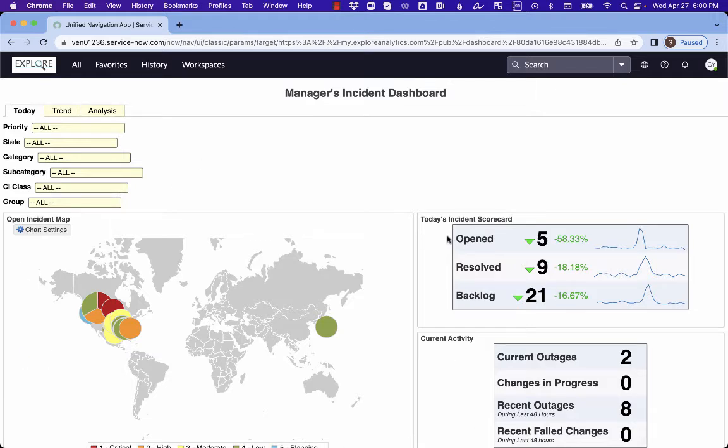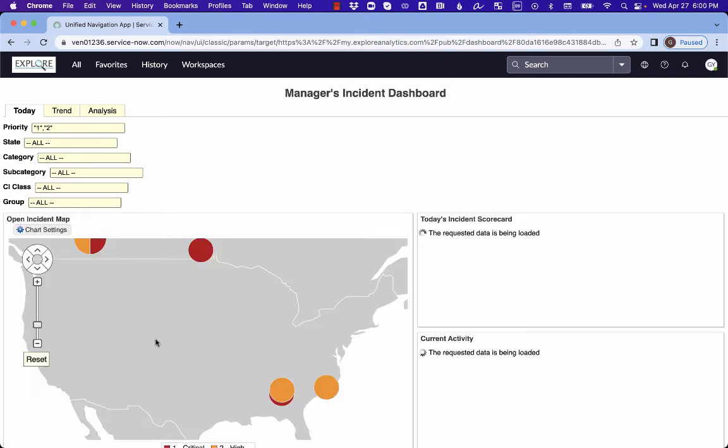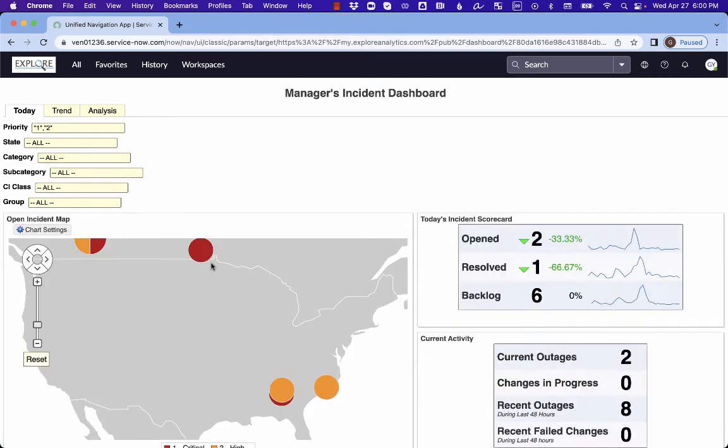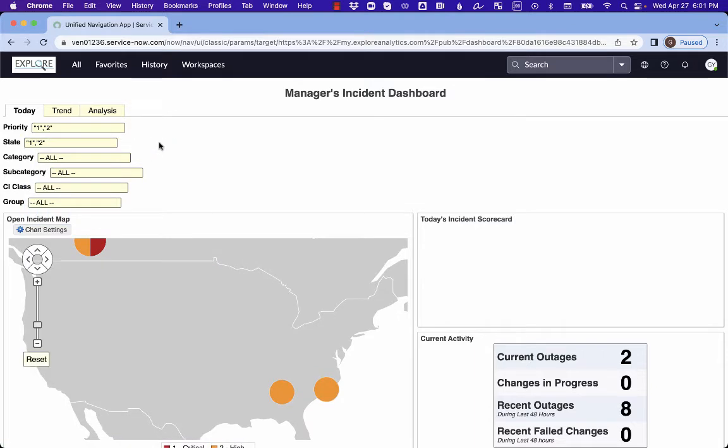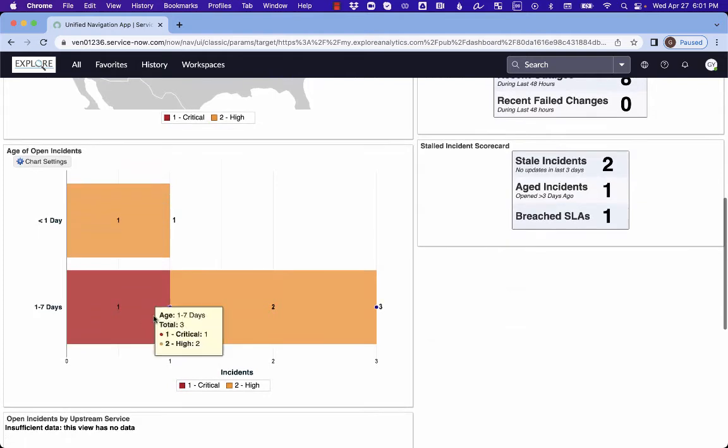Now, once I'm looking at this dashboard, I have a bunch of granular slicers that allow me very easily to dive within this. So I could say, well, show me just the critical and high on these dashboards, and now all of the reports are going to filter down like that and show me just the ones that are new or active. So just a couple of clicks, I've gone from that very high level to being able to see that information at a deeper level,